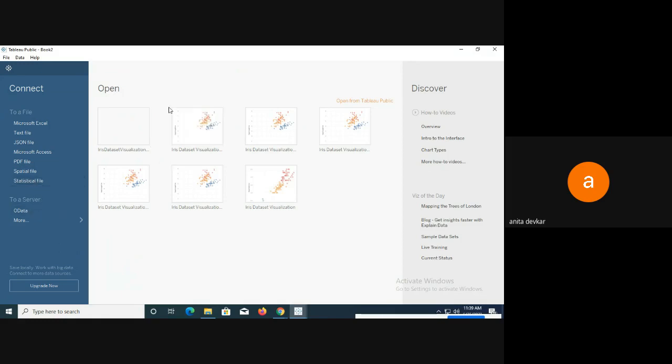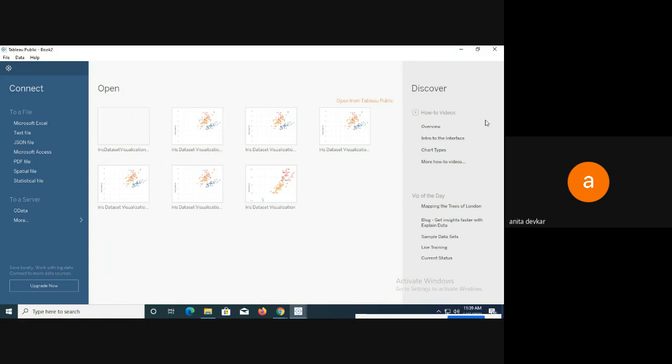After that the open section is there, with which you can open previously created workbooks. And here the discover section is there, with which you can discover different types of charts.